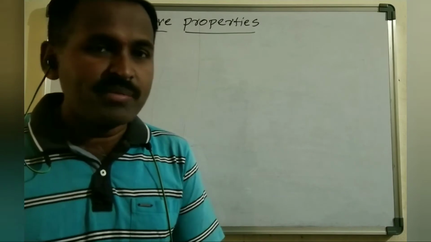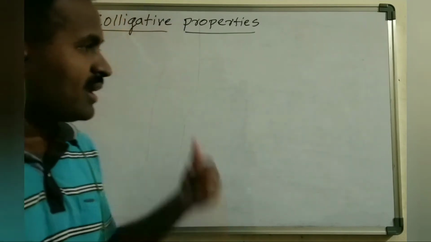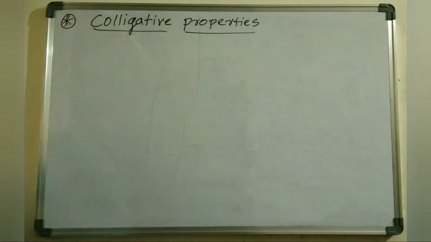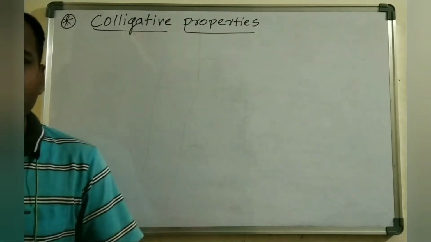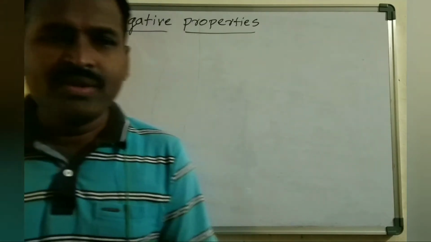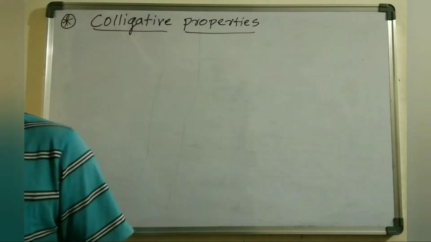I'm Venkatesham. I'm going to discuss the colligative properties. In this video, I'm going to explain the colligative properties. Colligative properties are the properties of a dilute solution which depend, directly or indirectly, upon the number of solute particles present in the dilute solution. Right? So, properties